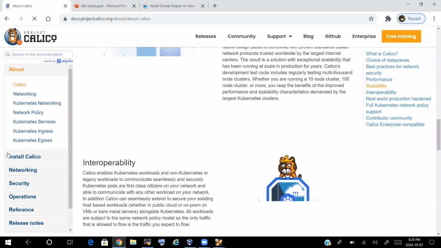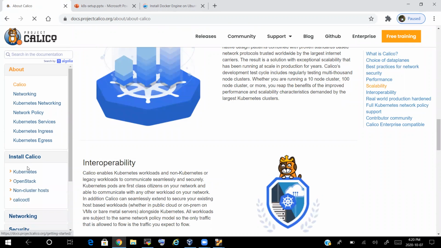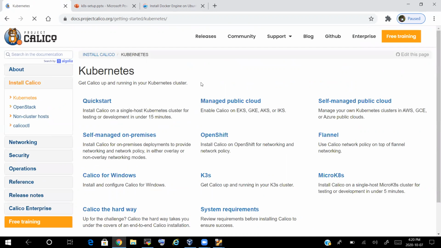So here we need to install Project Calico. Just click on install Calico for Kubernetes and quick start. As simple as it is. Quick start.